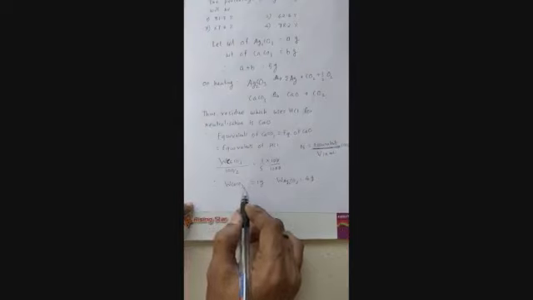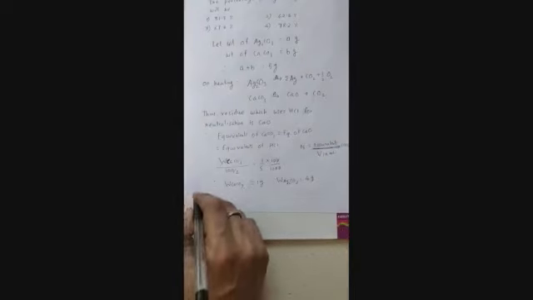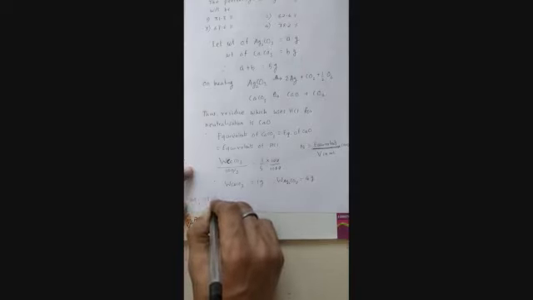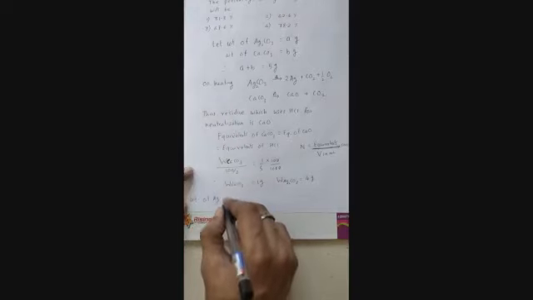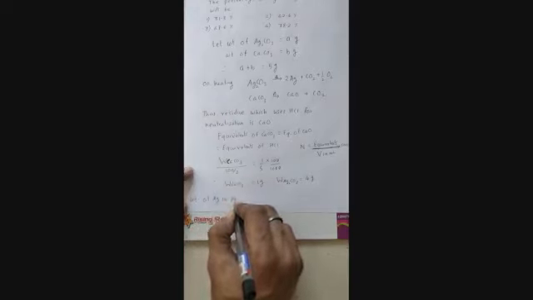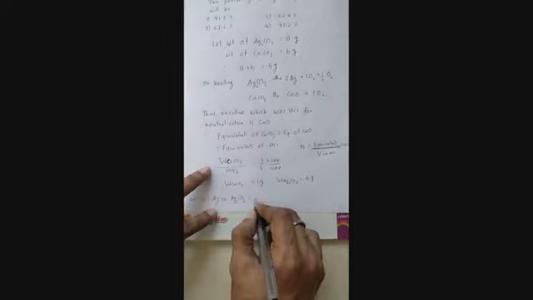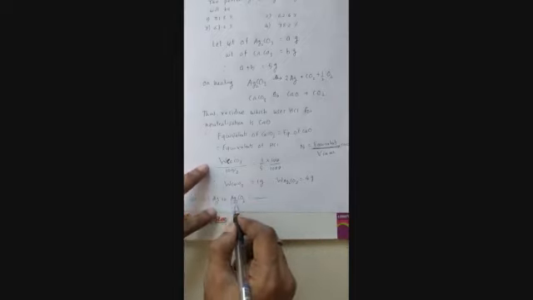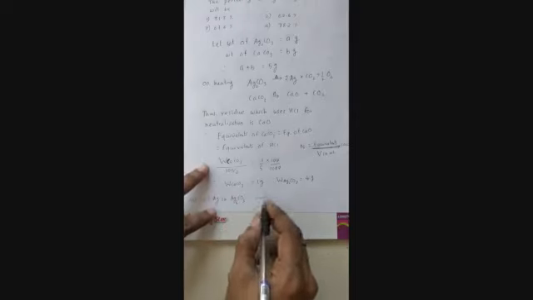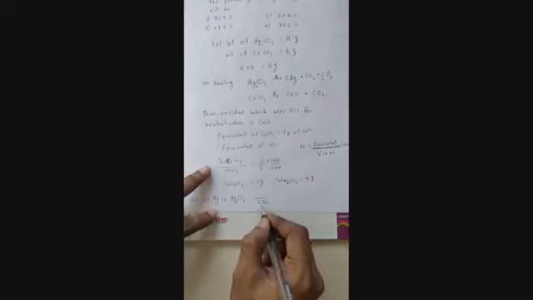Now what I am supposed to find is the percentage of Ag. Correct or not? That is what I am supposed to find. So first, what do we find out? Let us find the weight of Ag in Ag2CO3. How will we find it? What should the molar mass of Ag2CO3 be? For Ag2CO3, double of 108 is 216, carbon is 12, and O3 means 48. If we total it, 276 will come.